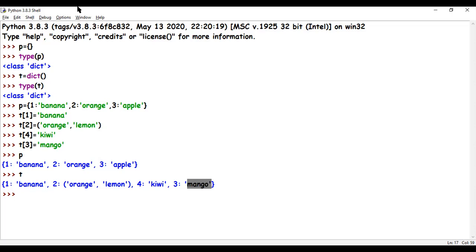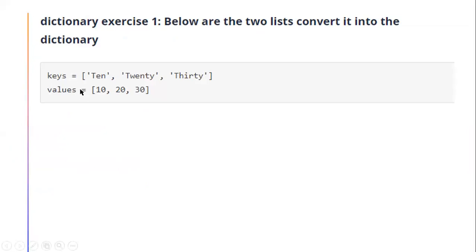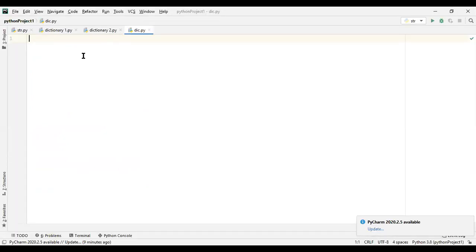Okay, so going back to the question at hand, there are two lists, keys and values. Keys are 10, 20, 30, which are the number names. Values are 10, 20, 30. Now let's try this. How will we try this? So we have keys which equals 10, 20, 30.